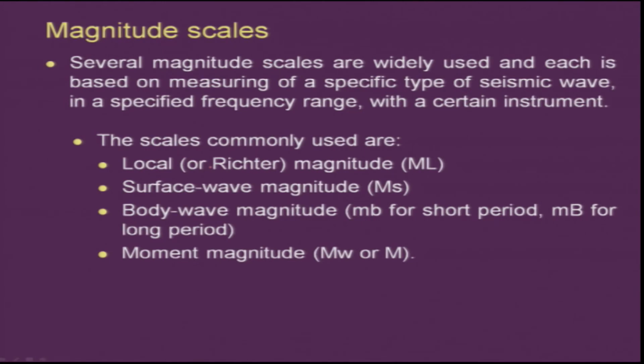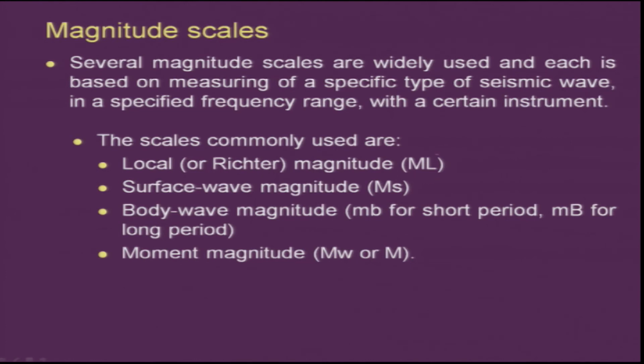Now if you look at magnitude scales, several magnitude scales are widely used, and each is based on measuring a specific type of seismic wave. If you remember, we have different types of seismic waves: body waves, P and S waves, and surface waves, Love and Rayleigh waves. Depending on what type of seismic waves are measured, different magnitude scales were generated and used. The first scale which was extensively used earlier was the Richter scale, the Richter magnitude scale,